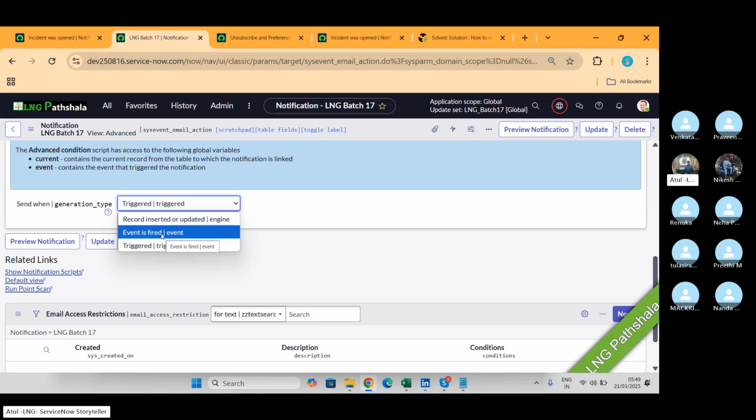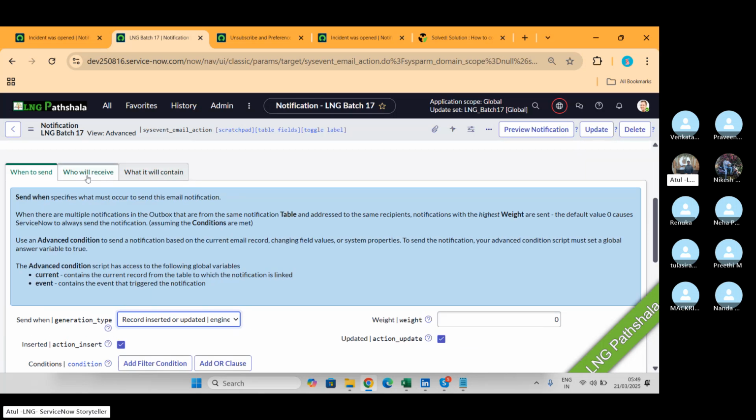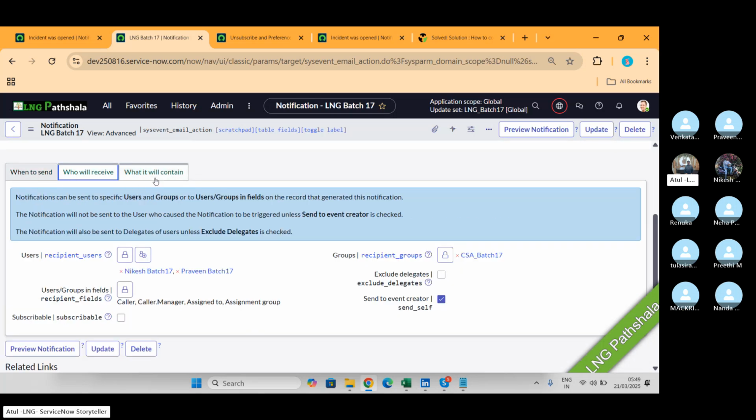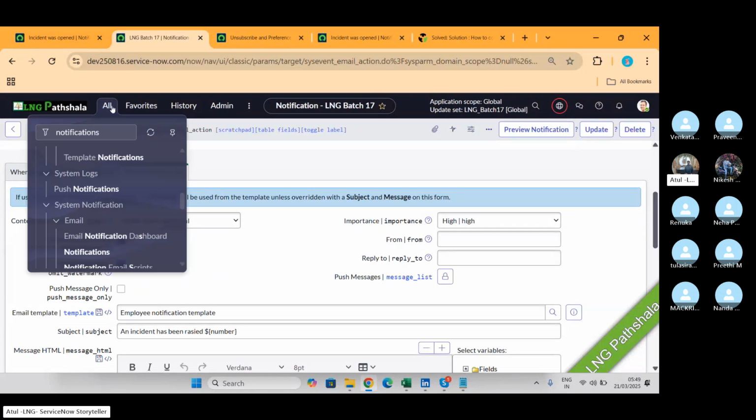These two are the prime use cases, prime ways to use the email. The only point which is important here is that we should know that when to send, who will receive, and what it should contain. If you want to see the email scripts,